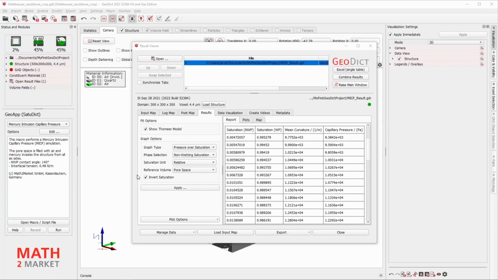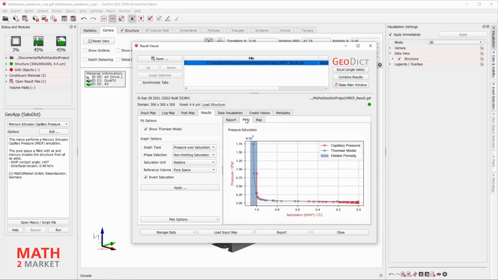Select Plots to have a look at the complete pressure over saturation plot. As you can see, the Tomer model accounts for the hidden porosity and shows you the area of the hidden porosity within your sample.